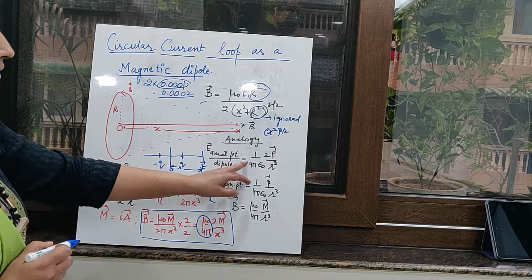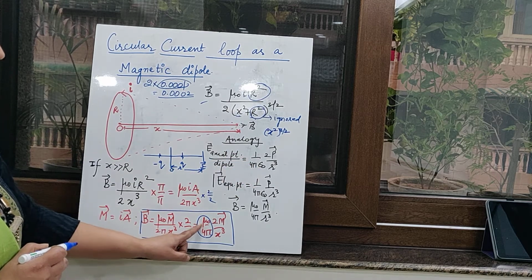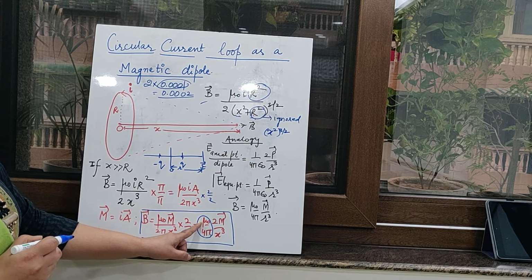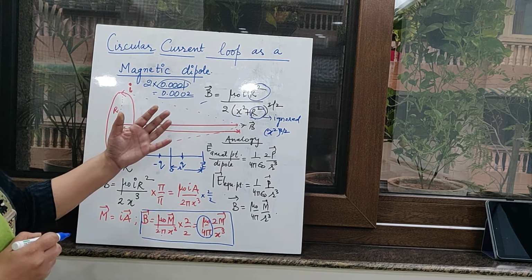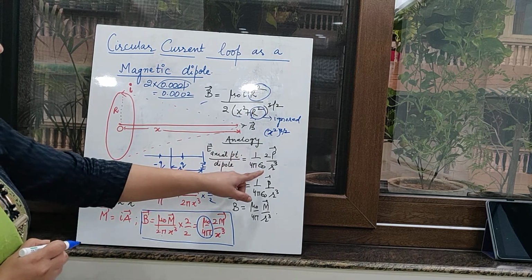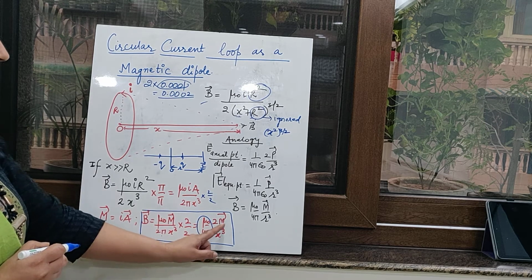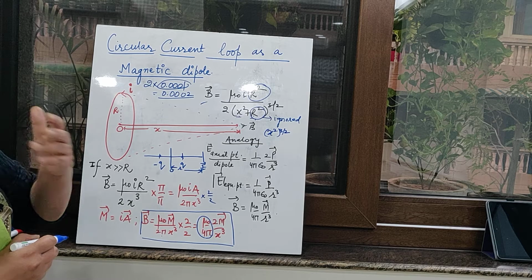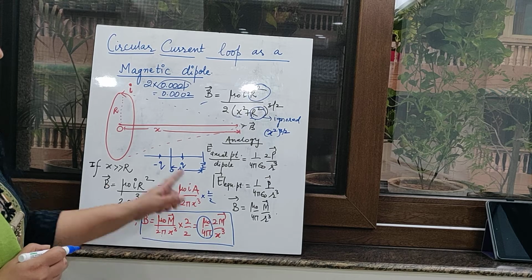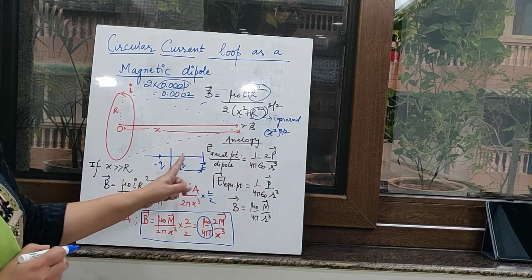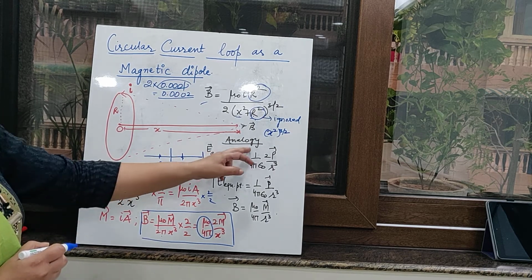Now just compare this expression with the one you have got just now. Here 1 by epsilon naught has been replaced by mu naught, and I told you in the previous videos also that whenever we talk about magnetism, there 1 by epsilon naught which was there in the electrostatics is replaced by mu naught. Then you have dipole moment P here as the electric dipole moment, and here we have the magnetic dipole moment. And this x was the distance from the center of the coil. This r is the distance from the center of the dipole to the point where the electric field is to be measured.